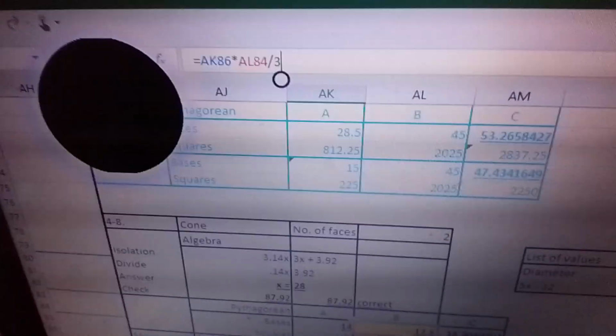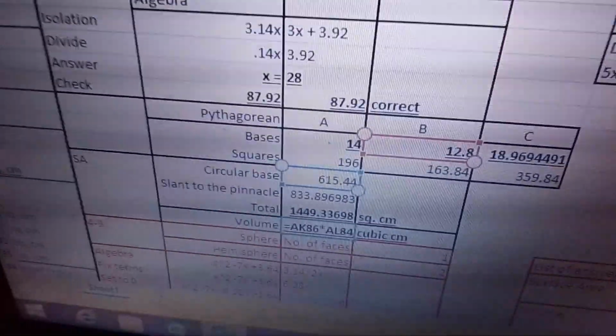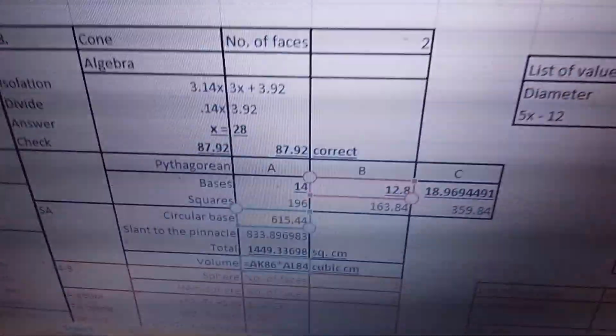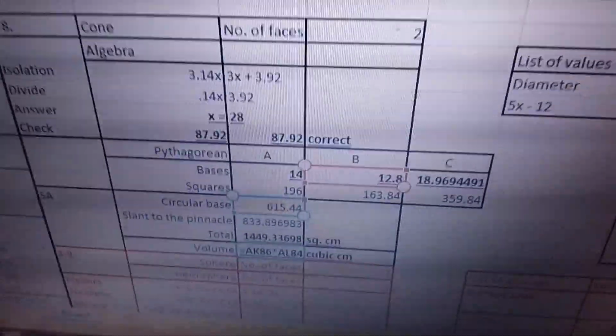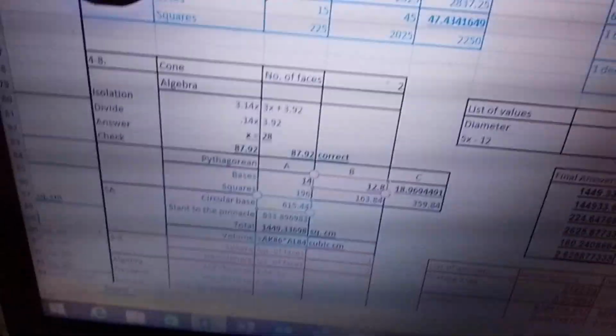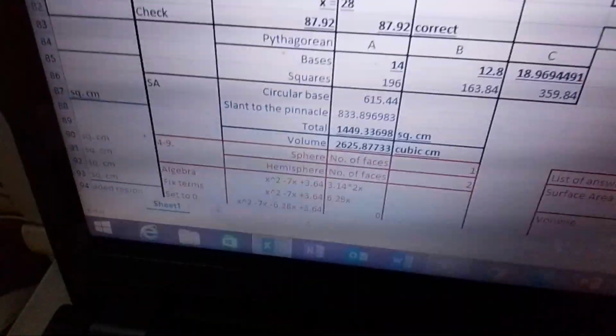So, ganito yung formula ko. 8086, which is this one, circular base. So, area of the circular base, that's 615.44. Then, times the height. The height is 12.8 centimeters. Diba? So, area of the base times the height, and then with that, our answer should be divided by 3 to give you 2,625. That pertains to the volume of the